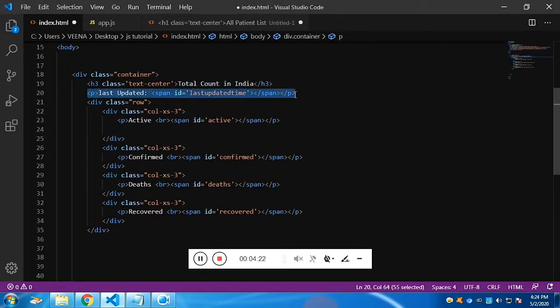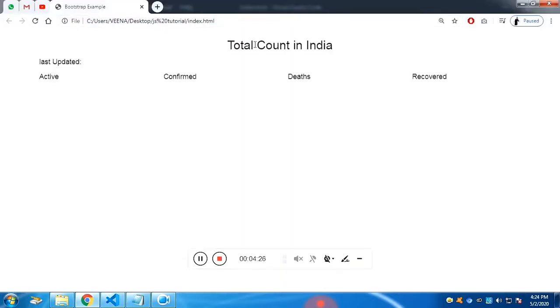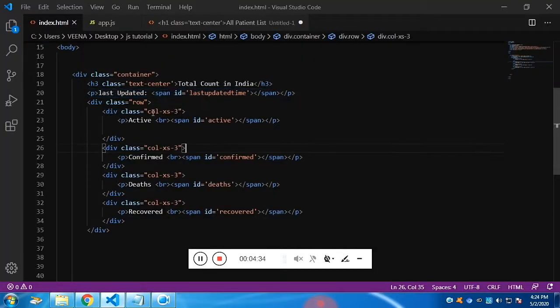The paragraph has one span tag, and that span tag will be automatically filled. Then we have a row which has three columns, and each column has a paragraph, and inside the paragraph we have a span tag. This is the place where the data will be dynamically filled using JavaScript. Here we use jQuery.